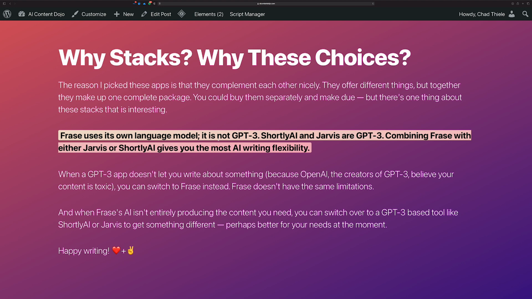So you get those kinds of tools along with some really nice AI writing capabilities, and the output is different between these two tools as well. Since Phrase has their own language model, the output it produces will be different than what GPT-3 based models do. And so you basically get the best of all worlds when you buy them in stacks like this.